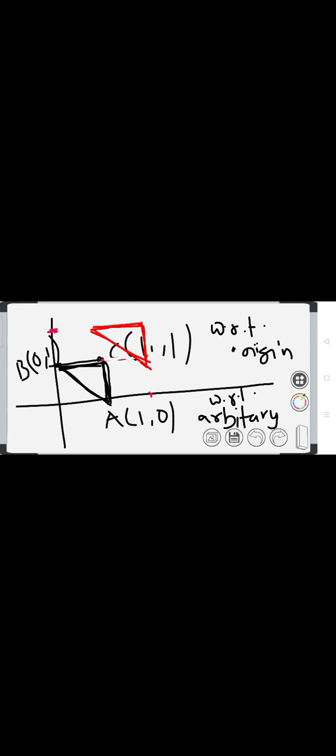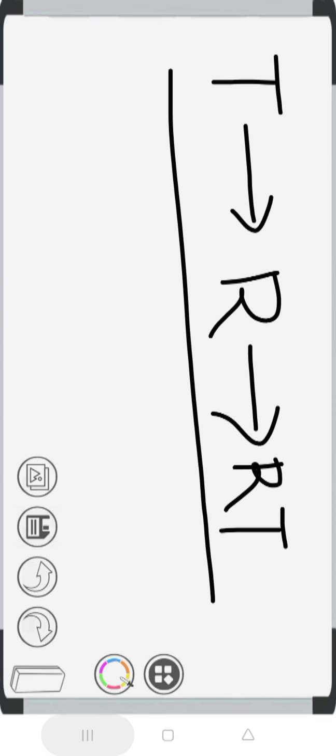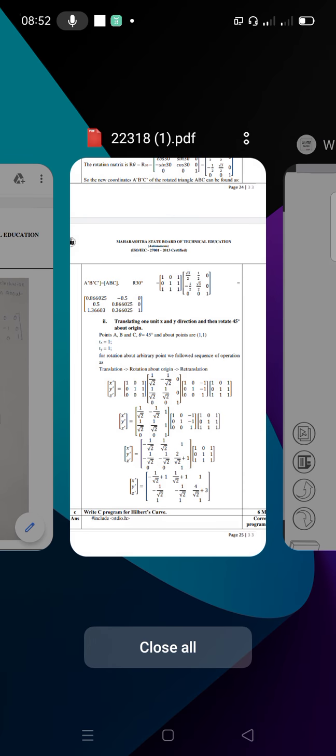So when you are performing any rotation with respect to an arbitrary point, you can note down this in your notebook: you are translating, then you are rotating, then you have to retranslate it. Because you are rotating with respect to an arbitrary point, after the translation is carried out, you have to perform a retranslation also. The same idea is used here. So this is an example of composite transformation.